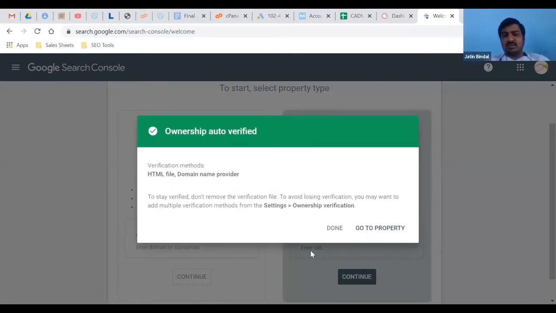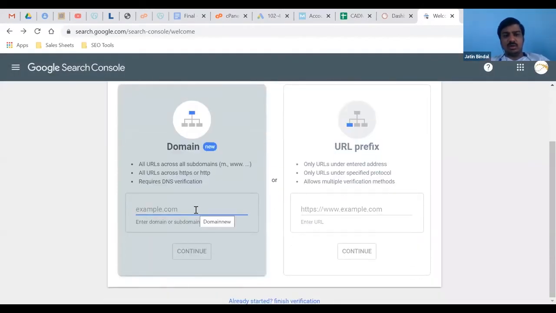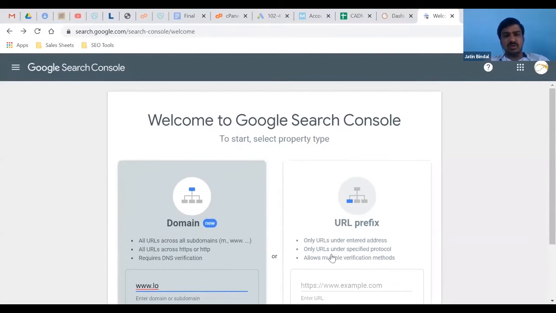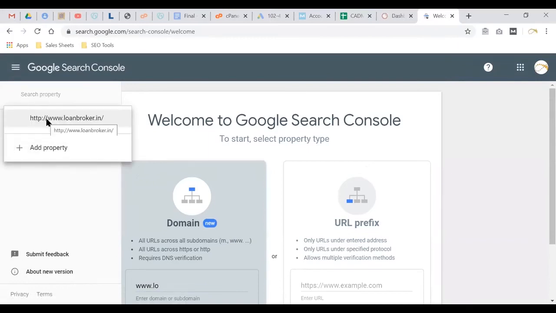Okay. As you have uploaded the file, it has verified your property. So done. Go on the three dots. Not here. Don't do anything. Just go on these three lines, which are just next to Google Search Console. On the top, yeah, correct. Select property. And you can see loan broker.